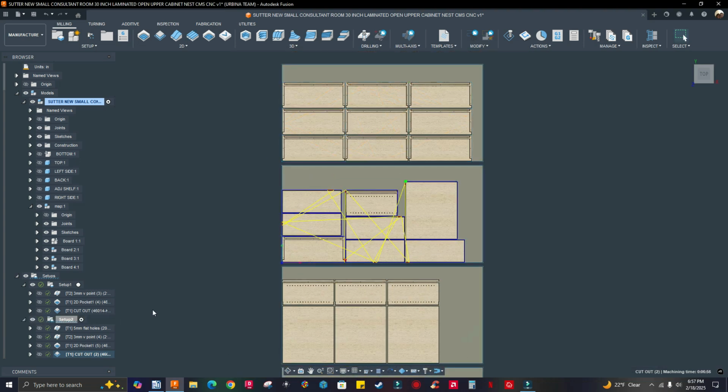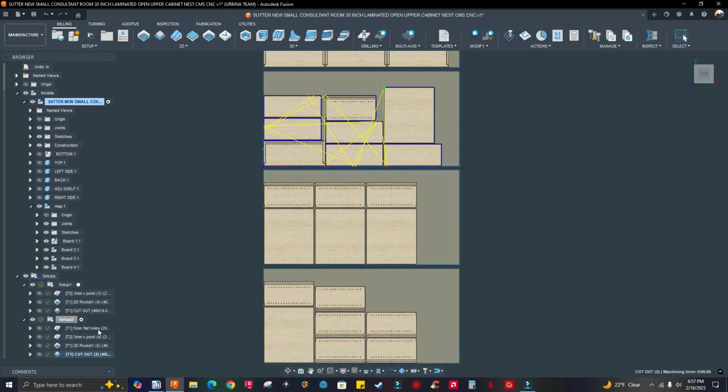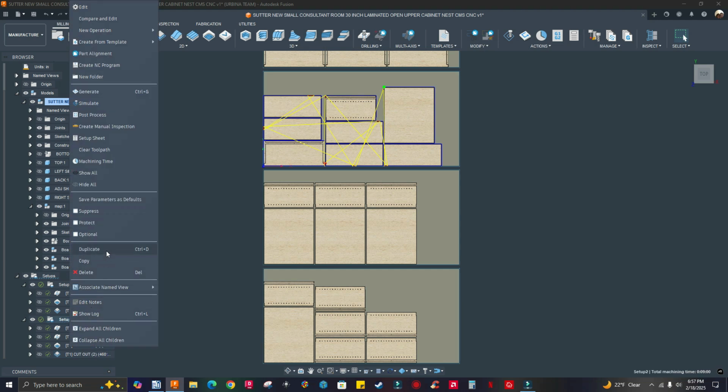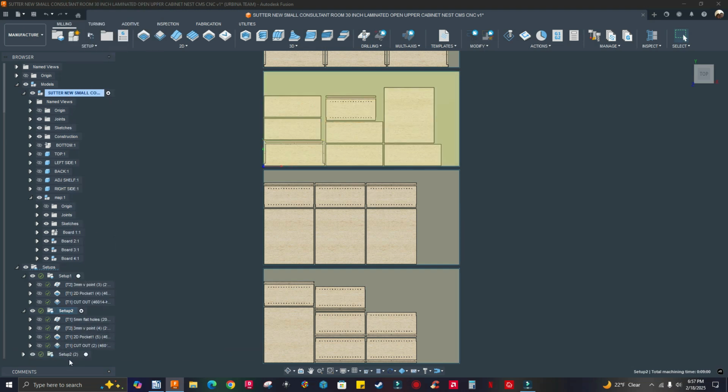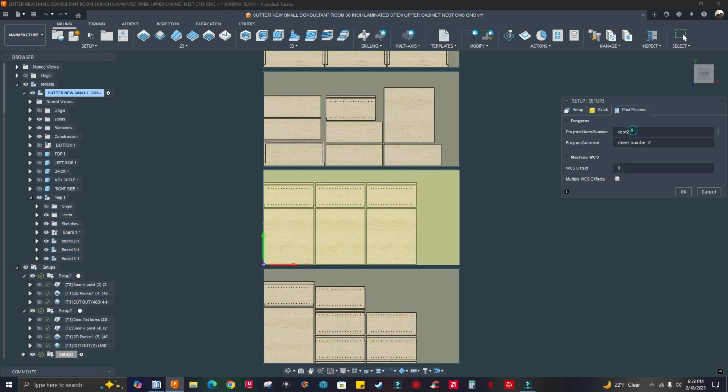Okay, so now I'm gonna program sheet number 3. So right click, duplicate, or Control D on your keyboard. That's a shortcut. All right. So let me select duplicate, scroll down, select setup, rename to setup 3, hit enter, right click, edit, go down to model, next to board 2, click on this X, select board 3, post process, nest 3, sheet number 2 to sheet number 3, click OK,